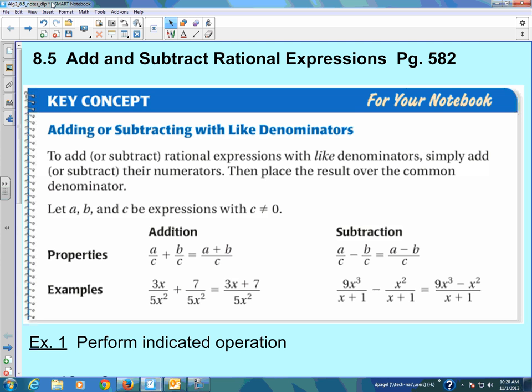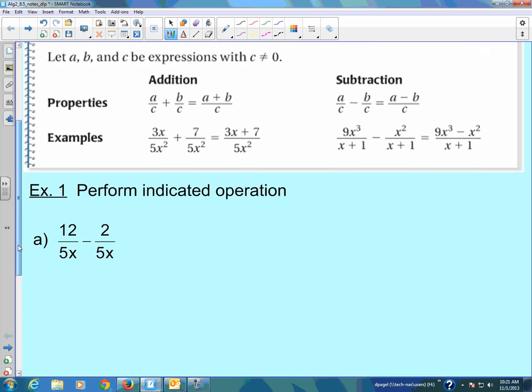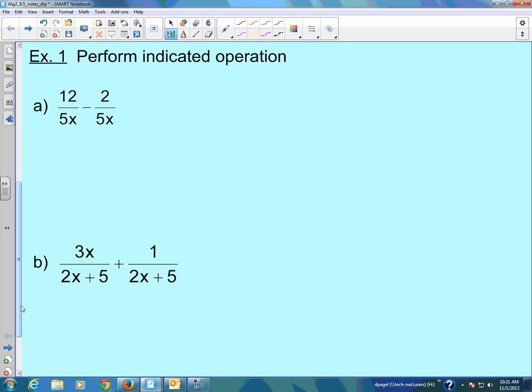All right. So when it's like denominators, that means we just worry about adding or subtracting the numerator portions of these rational expressions. And here we see some examples of just simple fraction work. So to add or subtract rational expressions with like denominators, simply add or subtract their numerators, then place the result over the common denominator. Here are some examples of that. So let's try a few of these, and then we'll get to the more exciting stuff,